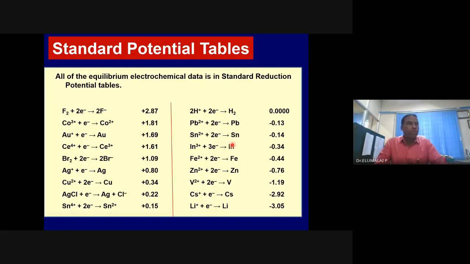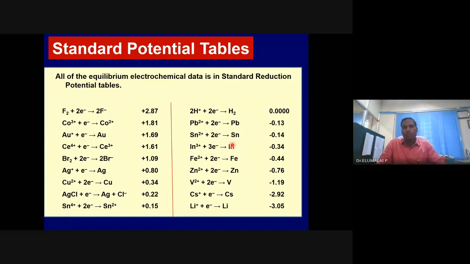How will you get these potentials, 0.761 or 0.341? What do they refer to? They all refer to standard reduction potentials, and they are grouped in the form of a table, though it doesn't look like a table, but it is called a standard reduction potential table, whether you accept it or not. And this is a partial standard reduction potential table.